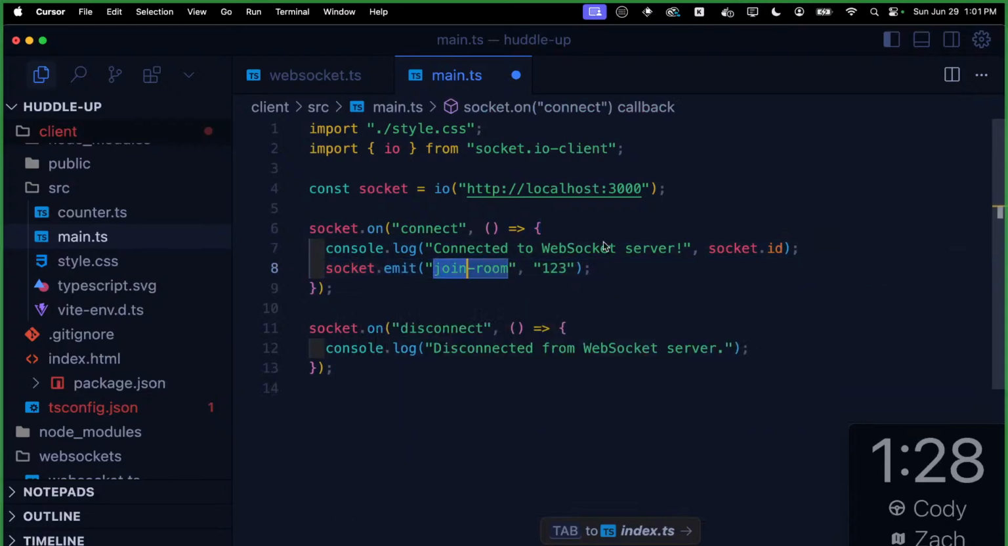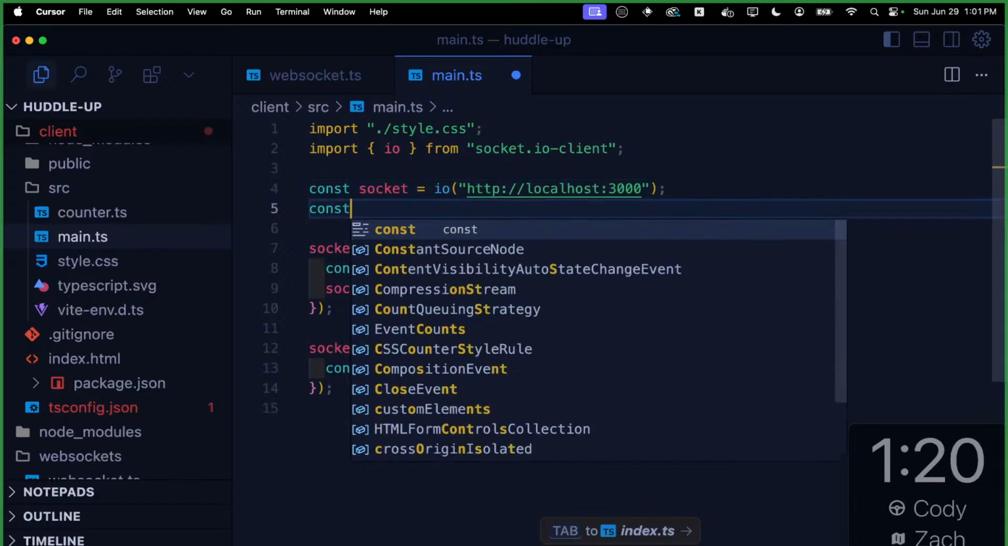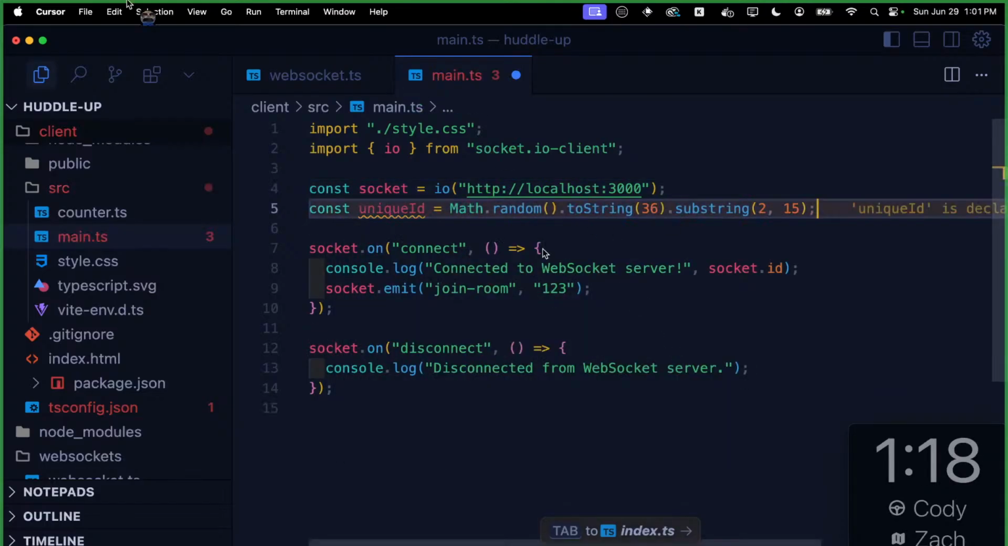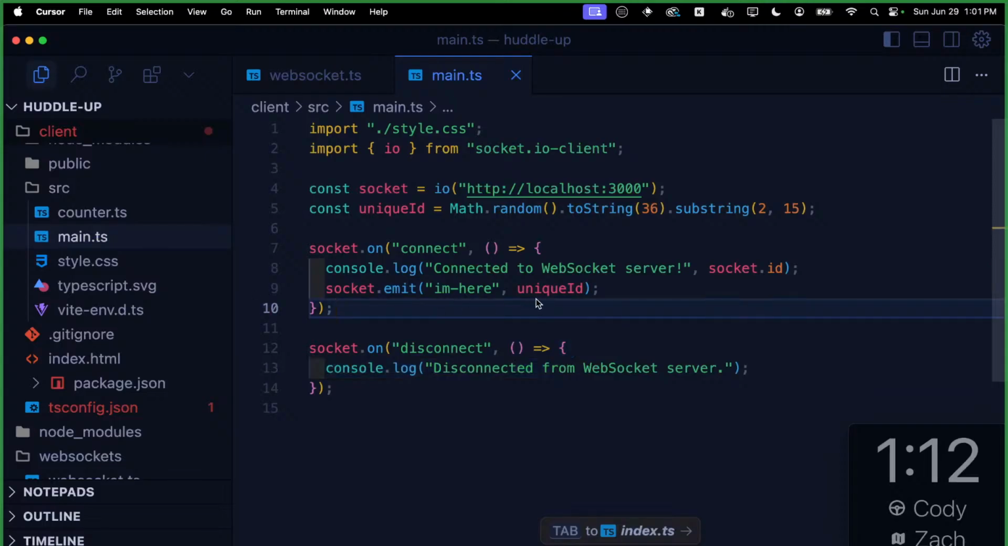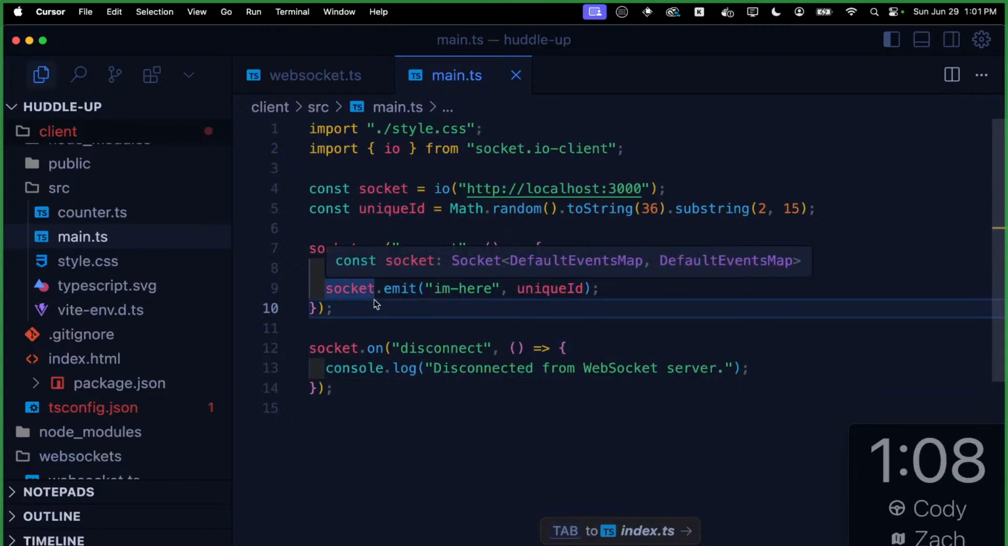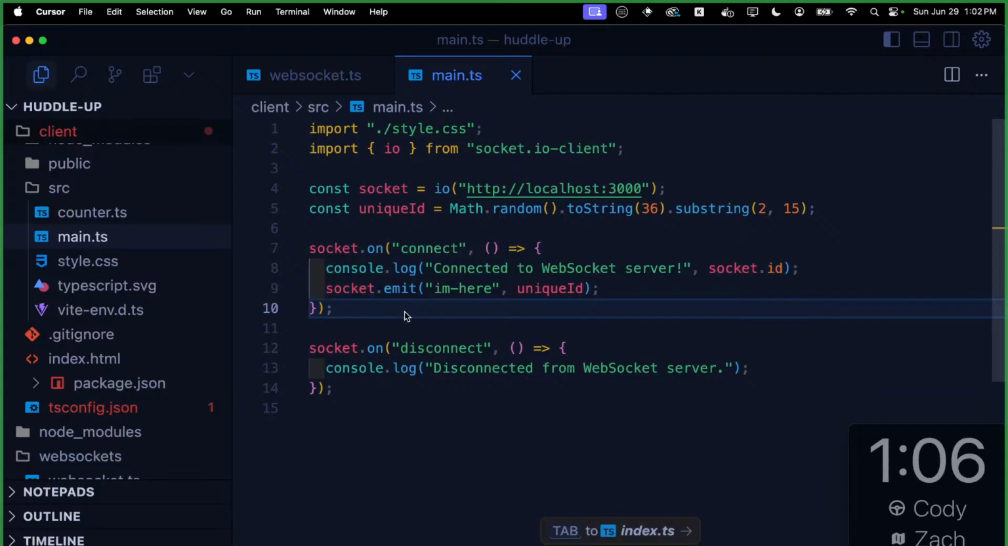We should probably give each computer that's connecting an ID. I don't know how we can do IDs, but we just need to send a message out saying that I am here. How about that? I'm here. Unique ID. Beautiful. That is beautiful. Okay, once that's there,